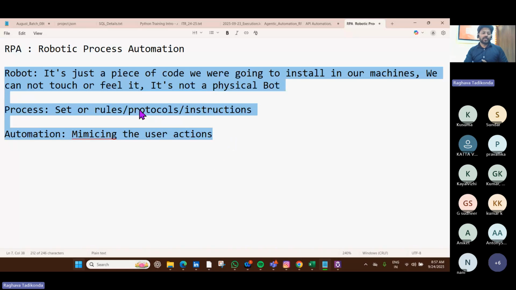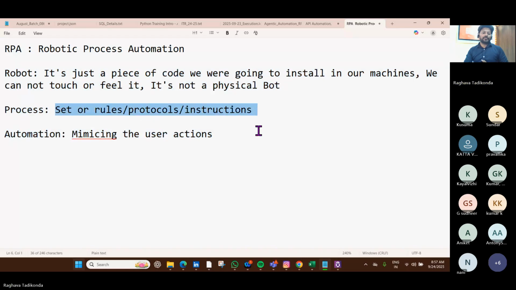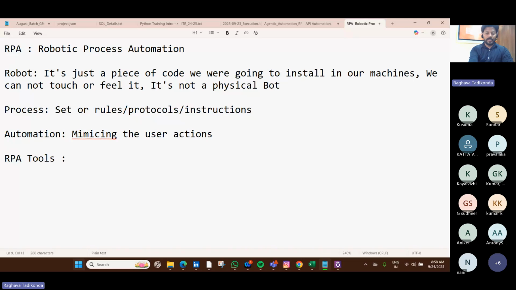What kind of actions? There are some processes, some set of rules. With the help of these robots, we can automate the repetitive manual tasks, wherein you can save so much time and money for the clients. Okay. So guys, in RPA, more than 50 tools are available in the market. Among these, the top trending tools are